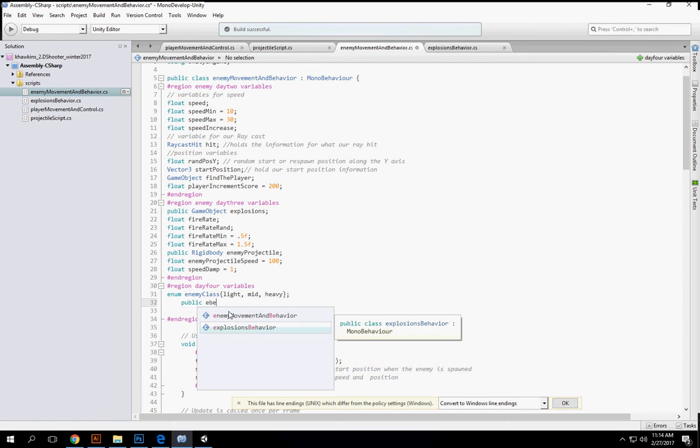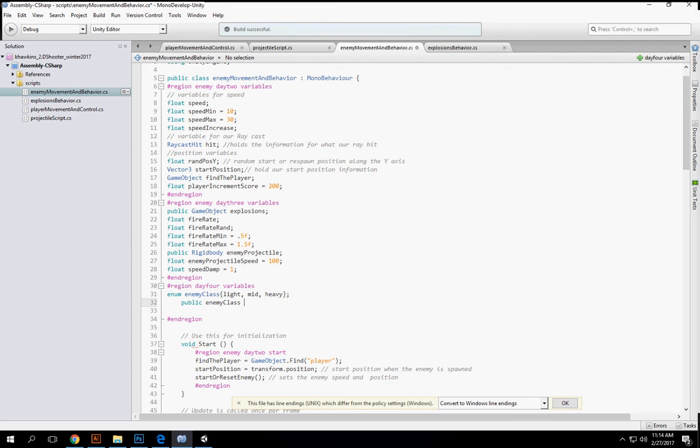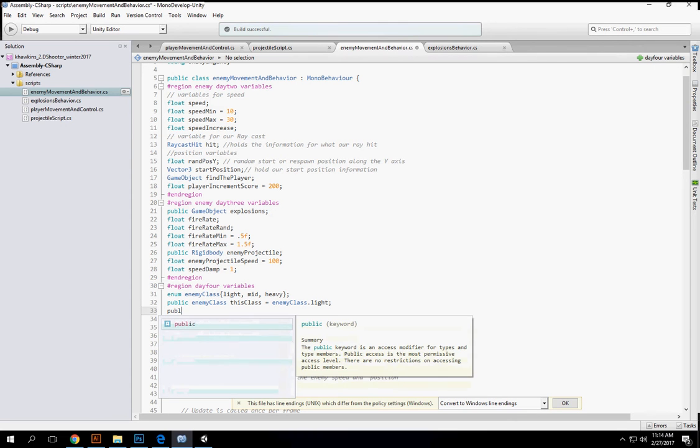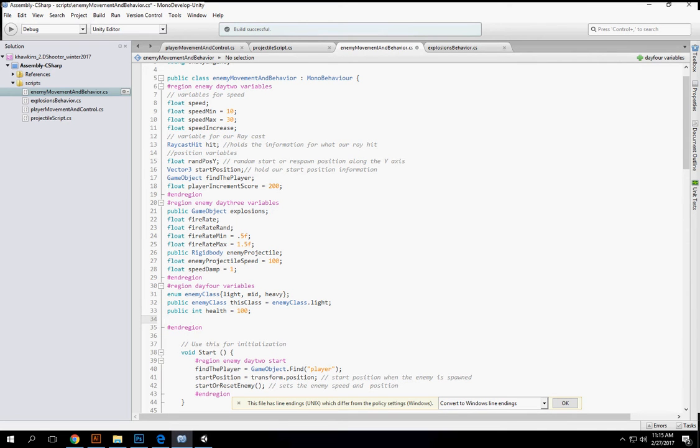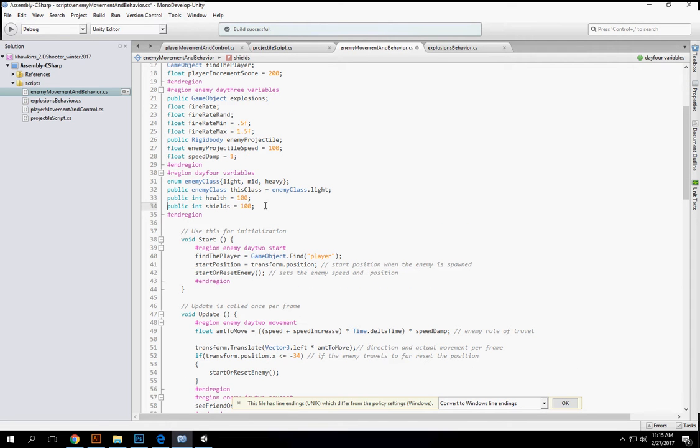Public enemy class, this class is equal to enemy class like, just to start off with. And each one will have a public int health, which we'll set at 100. Now we can make this random,